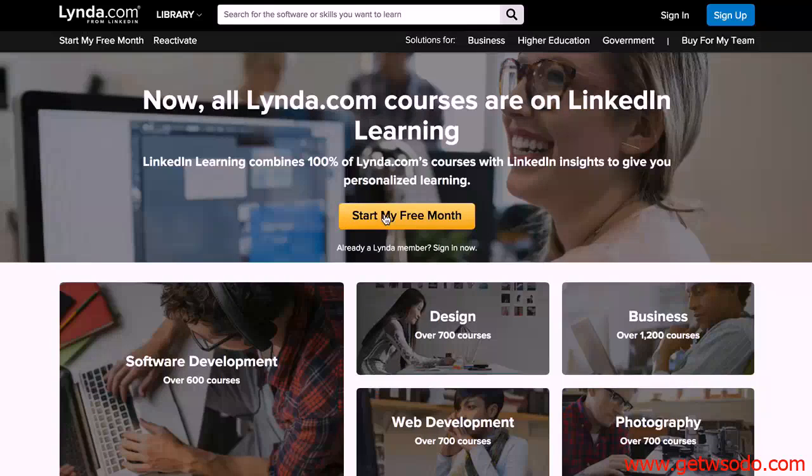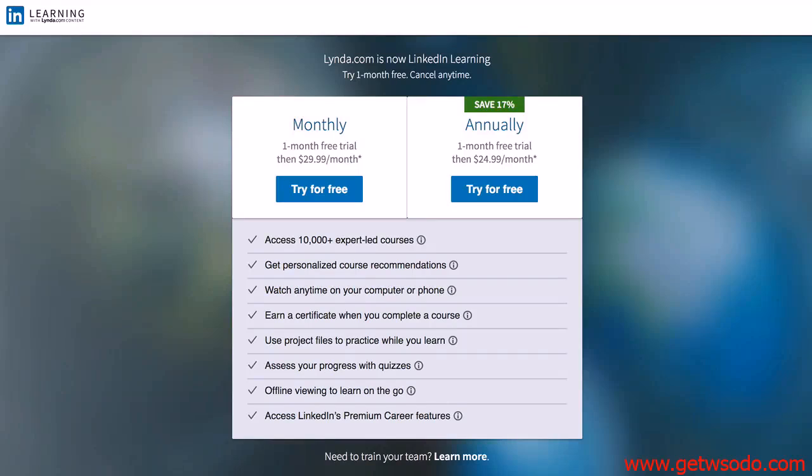You'll notice with all the sites that you are about to see, you can start a free trial. Now, this is crucial with your membership site and the strategy of your membership site. You will always want to offer a free trial because it's much easier to sell something for free than try to get somebody to pay, let's say $35 a month, straight out of the gate. So if you click on Start My Free Month, keep in mind what you're seeing right now might look a little different by the time you go to these websites